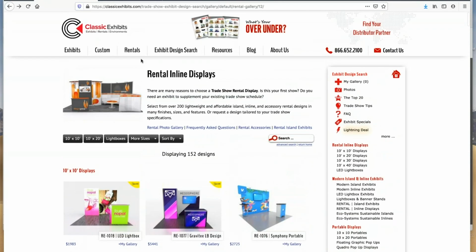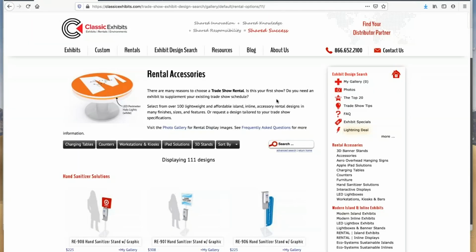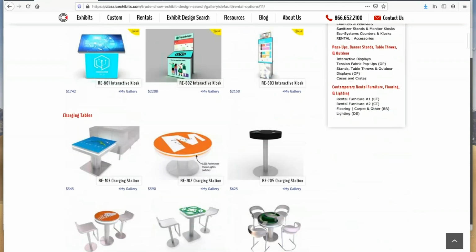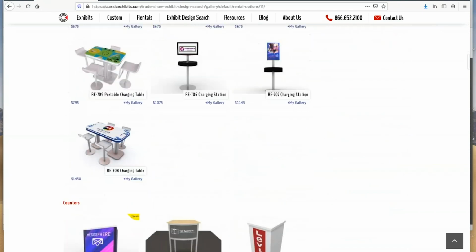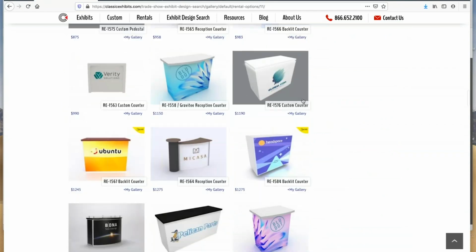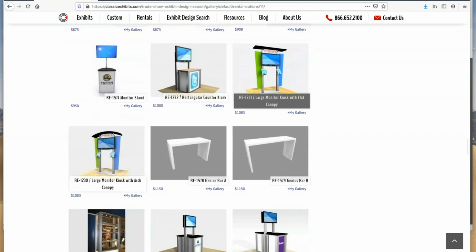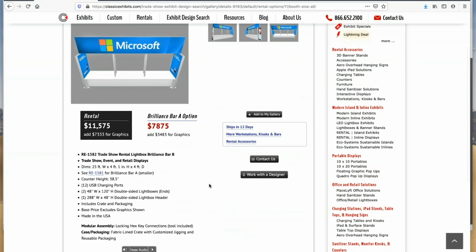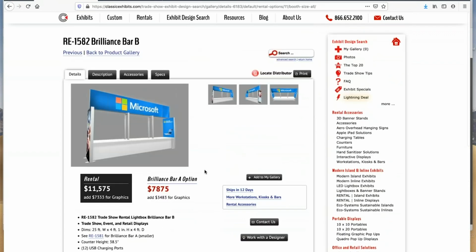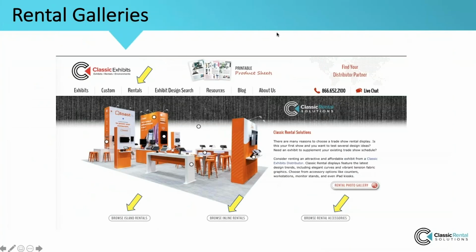So you can do this with the inlines, and as I said, you can go over here and click on accessories, and then scroll down, and you're going to see all of our different accessories, from kiosks to counters, workstations, Genius bars, you name it, hanging signs, monitors, just about everything you can imagine. And again, you can click on any of these designs, and you're going to see the design details, the pricing, sometimes crate information, crate estimates, and so forth. Now, if we go back to the presentation,